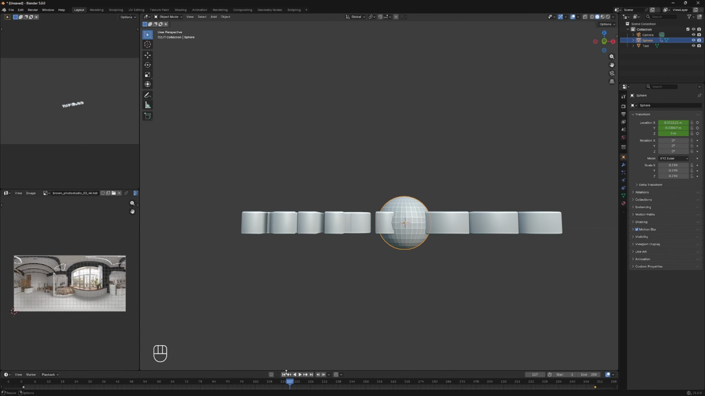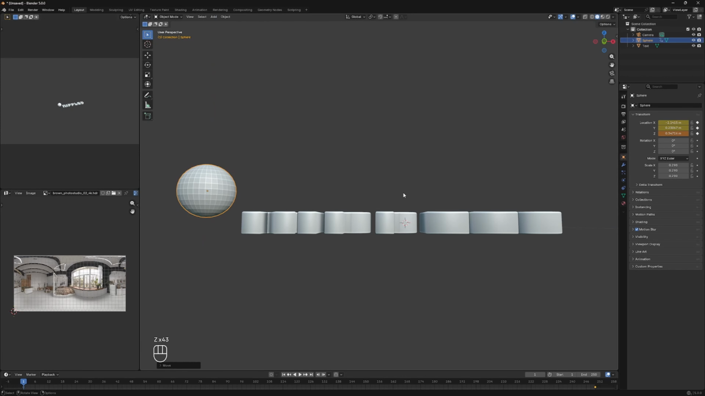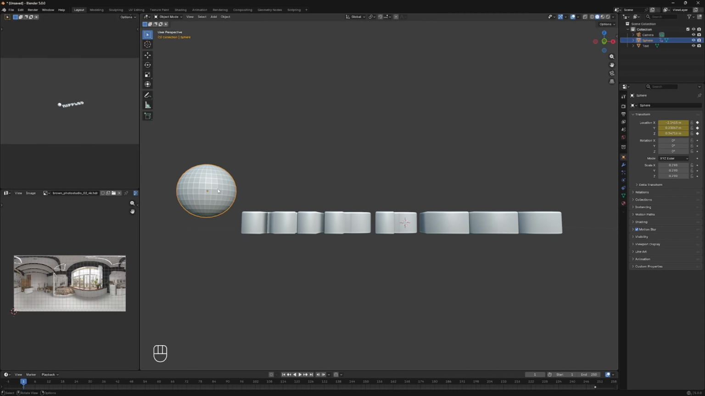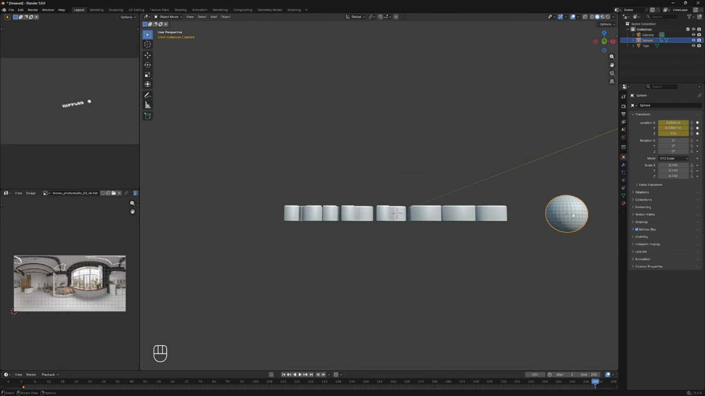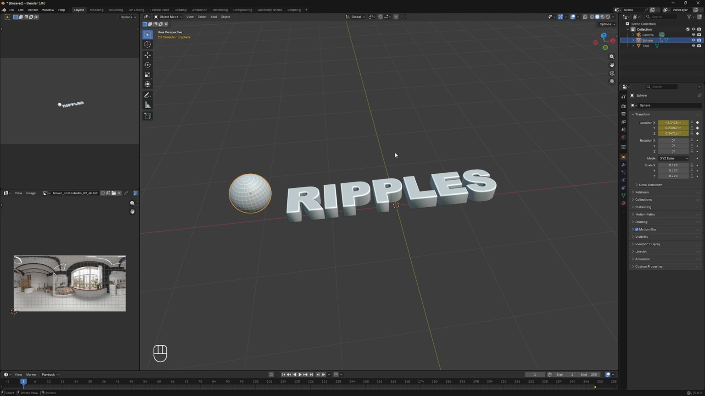But we don't want it to be like this, so G Y, G Z up. We want it just to flirt with this text. Now go in frame 250, G Z up, right click, replace a keyframe. Okay, now